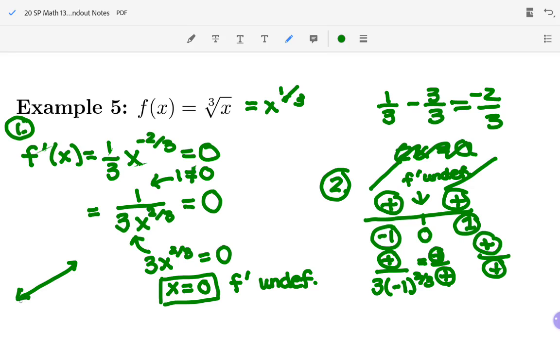And let's think about it. Is there going to be an absolute max or an absolute min? No, not if it's not on an interval. It's always going up. So definitely no absolute max because it's continuing to go up. And also no absolute min because the other side is going down. So you could definitely pull up Desmos.com and type in x to the 1/3. That's a great graphing tool if you don't have a graphing calculator. And you could look at the graph of x to the 1/3 and you'll see how it's always increasing, and because it's always increasing,